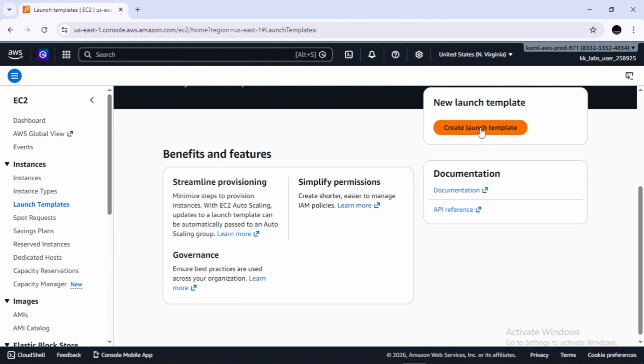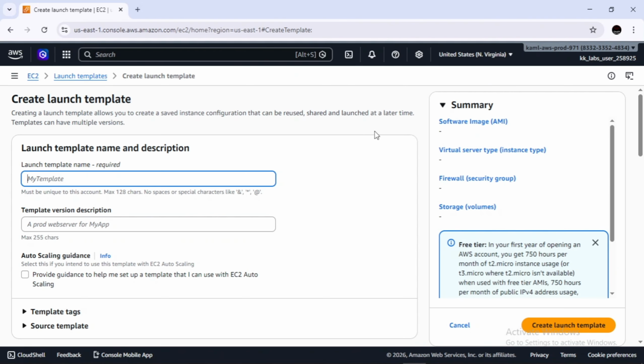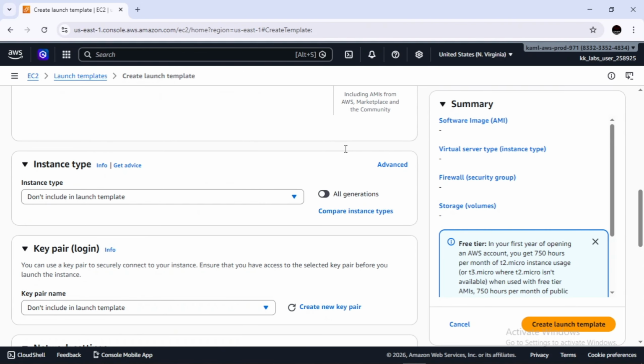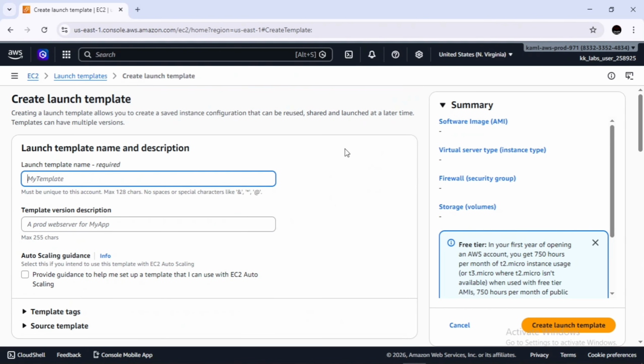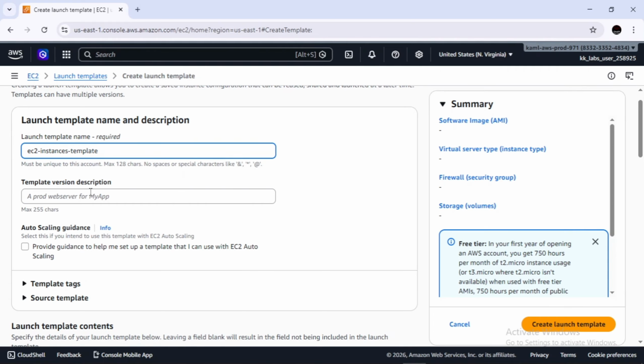Click on create launch template, because we are going to create a template from scratch. The name of the template will be EC2 instances template, and its version is, let's say as of now, version 1.